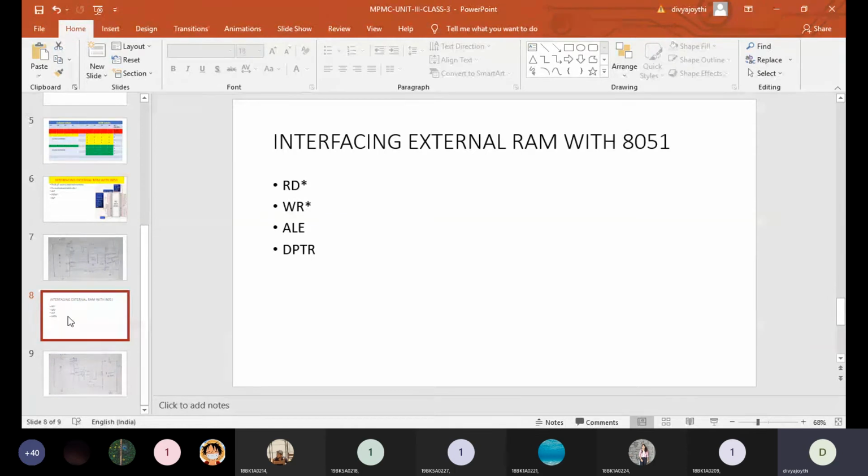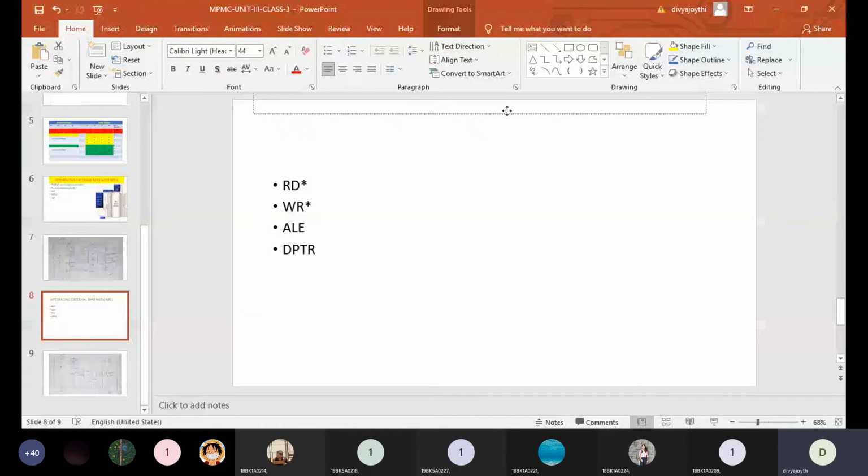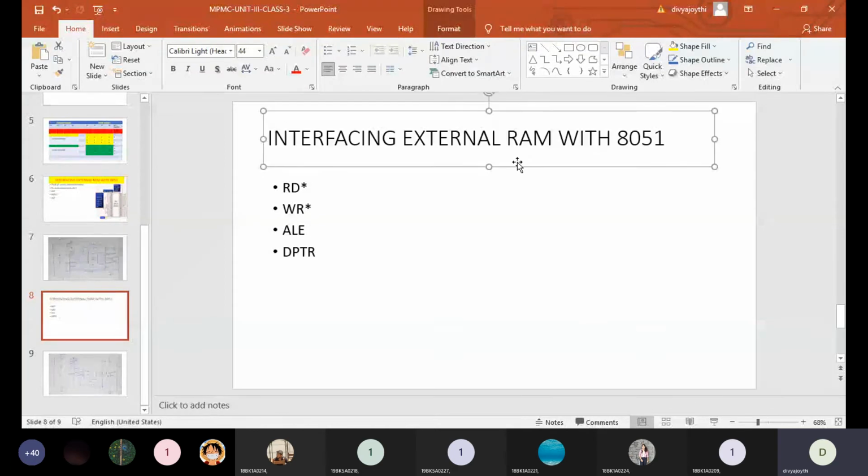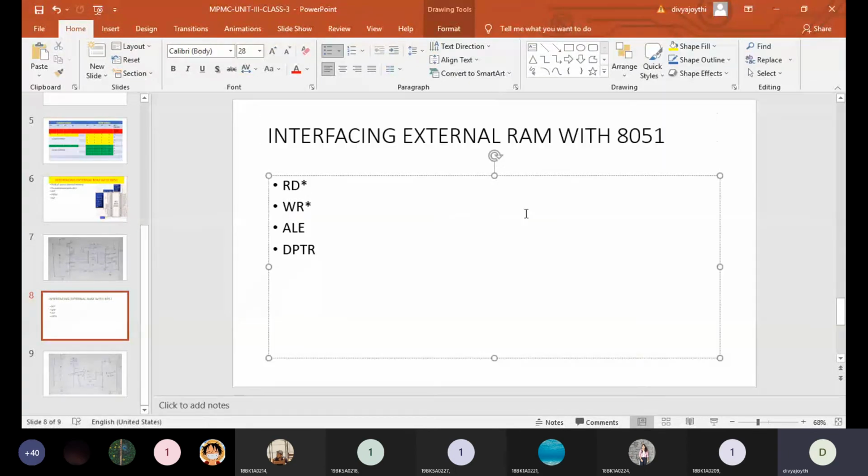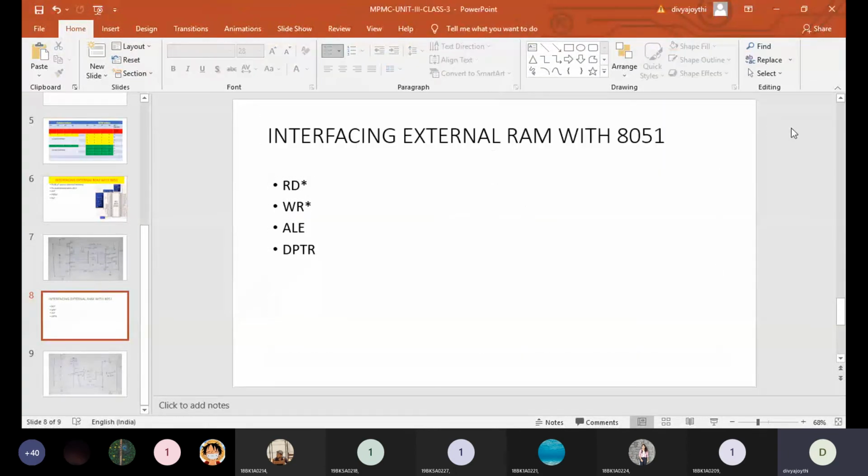Along with that, there are a few more things that we need to know. As RAM is a data memory, whenever we are working with data, we may need to read the data or we may need to write the data. The only difference is that whenever you are interfacing your RAM, in your programming you will make use of the DPTR register.